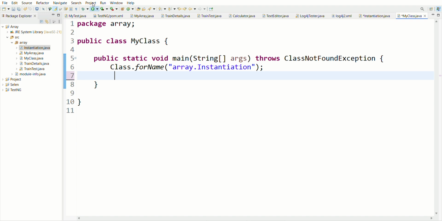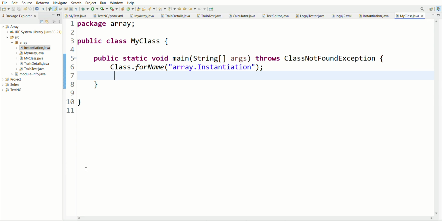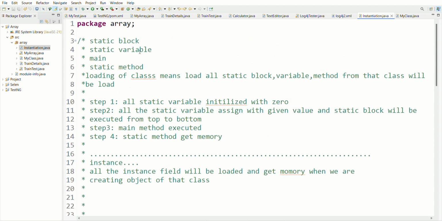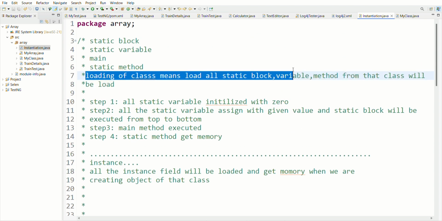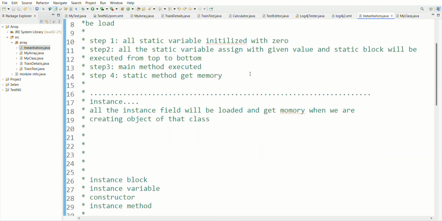Now at the time of class loading there is nothing. Only static is executed. So when we open the console, nothing shows because there is nothing in the console. You can see this value is empty. Let me run this again. You can see this value is empty. Why is this empty? Because as I have told you, at the time of class loading, all the static variables and methods will be executed from the class.